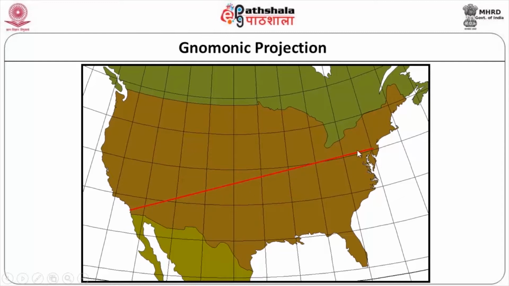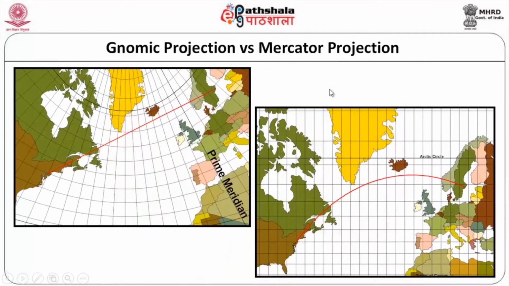You can see in the case of the gnomonic projection the distance is not distorted. From point A to point B it is not distorted, there is no effect at all, and it is almost a straight line. Hence this is very useful for distances. When you compare the Mercator projection and the gnomonic projection, here it is a straight line, whereas in the Mercator projection it is a curved line from this point to this point. Of course, when you look at it as a globe, this may appear very correct, but still the gnomonic projection is the ideal one.